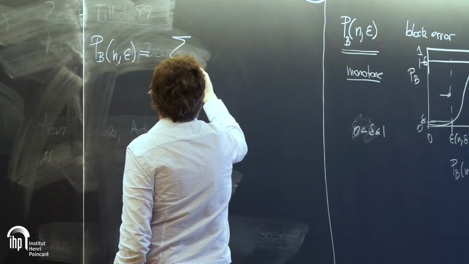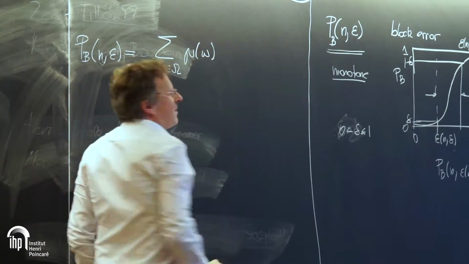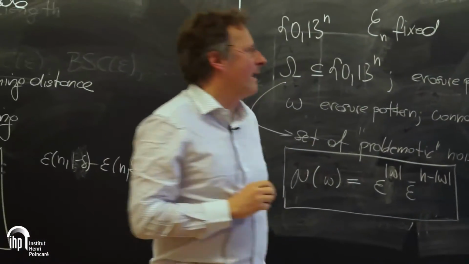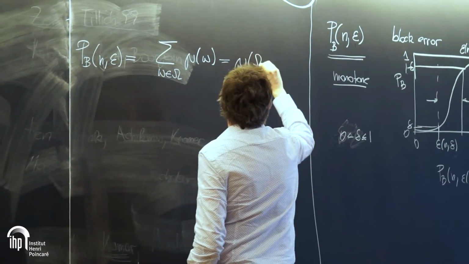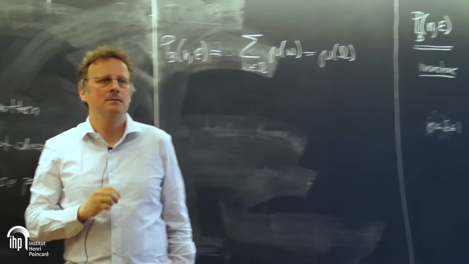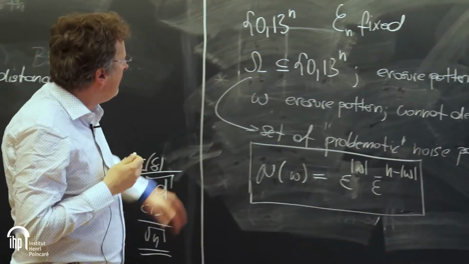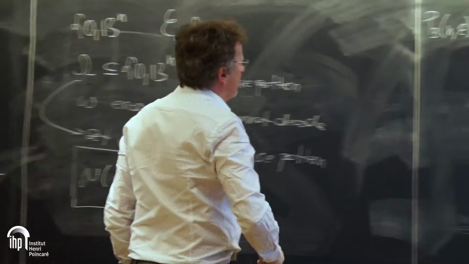So I go over all the patterns in my problematic set and I sum up their weights, right? That's simply the probability that I will make an error. And sometimes it's slightly more convenient to simply write this as this. Clear? So now in this Margulis-Russo inequality, this function here that we're always interested in,